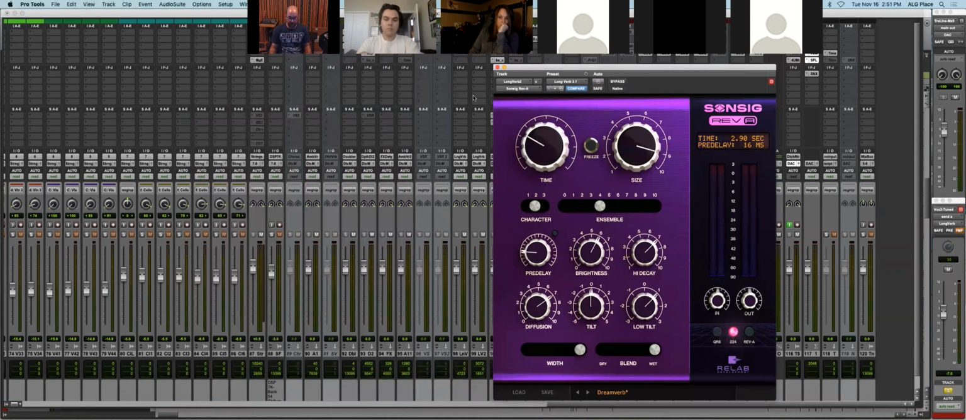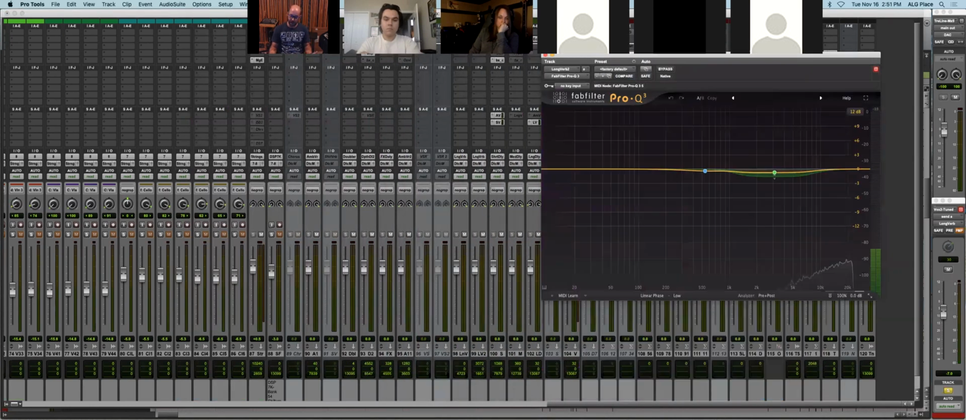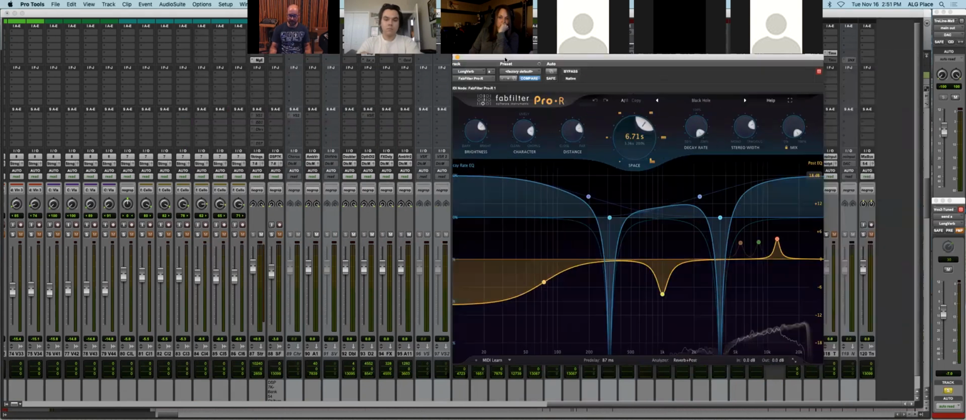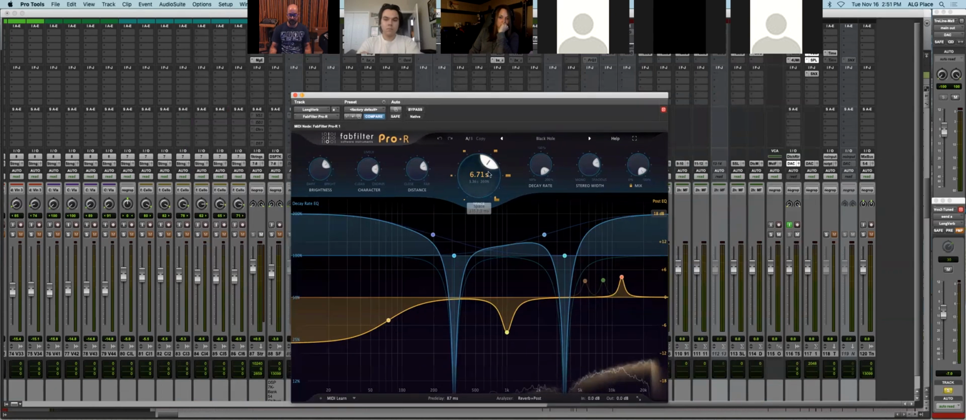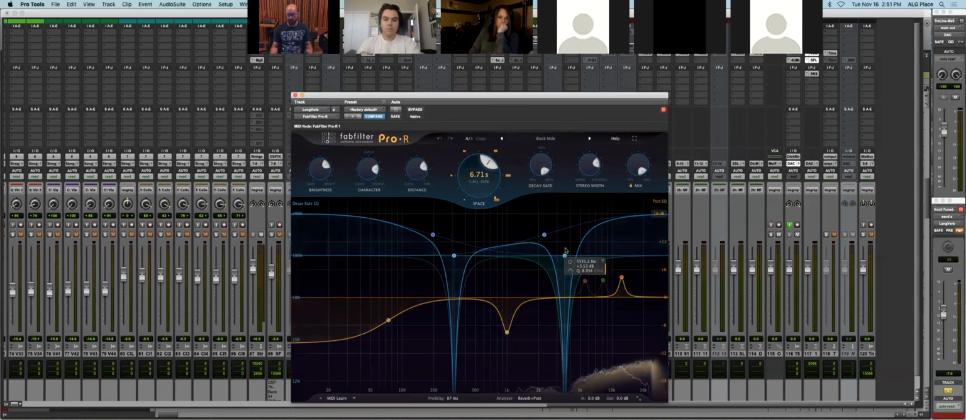And that long verb is actually going to this verb. This is a beautiful, lush verb that you can get from Relab. I am putting a little EQ on that, but I'm also sending it to this 6.7 second verb called the Black Hole, and I can put a notch filter on that 3K range area